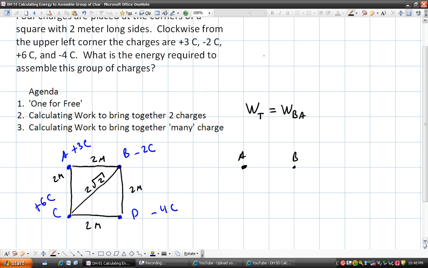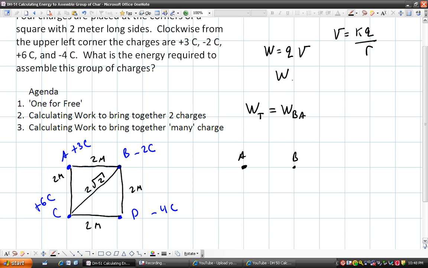Now keep in mind that work equals Q, the charge, times the electric potential. In other words, if you want to bring some charge Q in from infinity, you're going to have to multiply that charge times the electric potential that exists at that location. And we're going to do these one at a time. Remember from the previous video 50 that the electric potential due to a single point charge is K Q over the distance. So in this case, if we're going to figure out the work done on B due to the electric field of A,